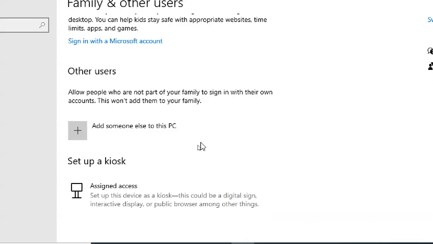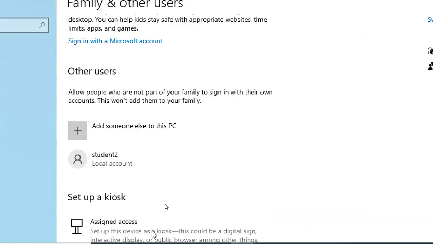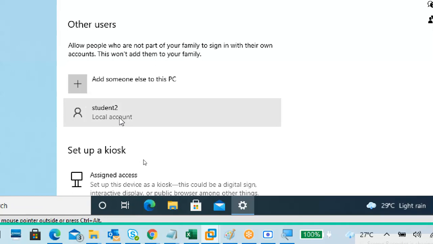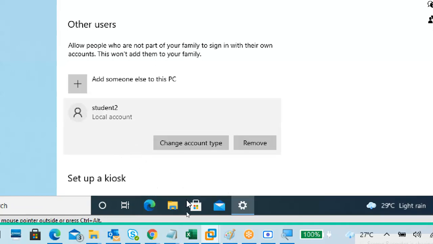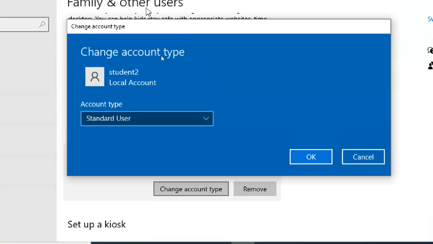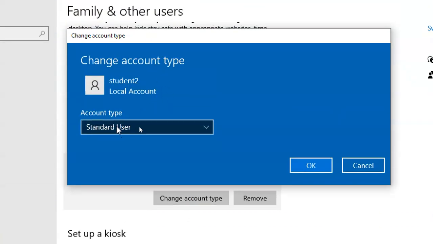So I click on next. Now the new account is created. It is showing local account. When you click on that one, it is asking to change account type. So click on change account type. You can see by default the account type is standard user. The account is a standard local account.